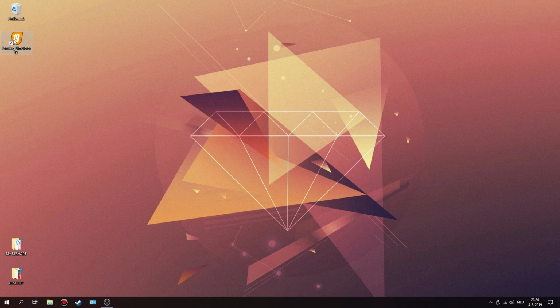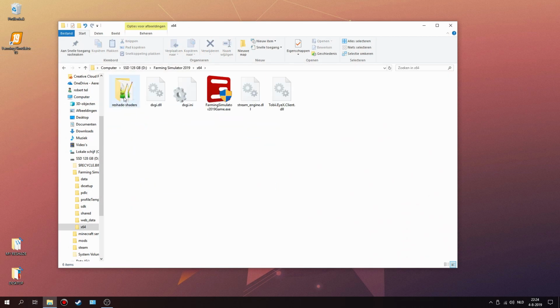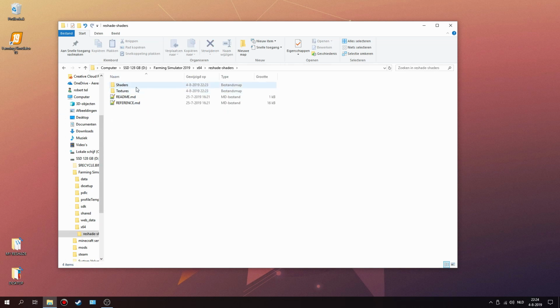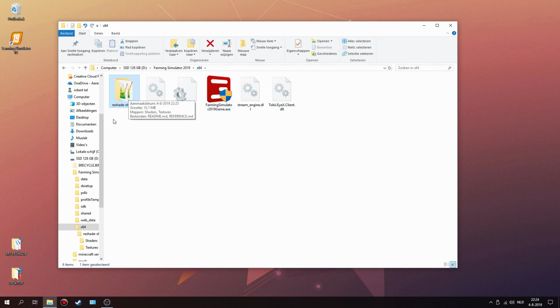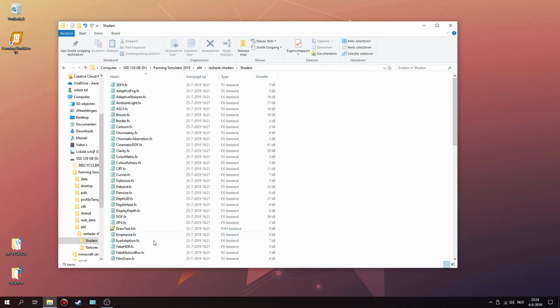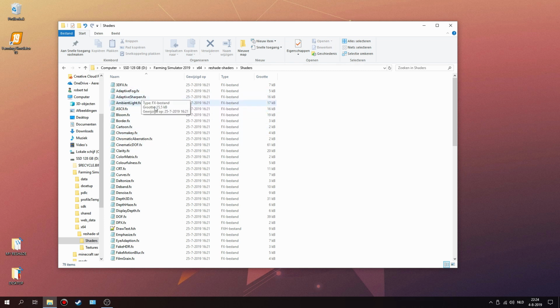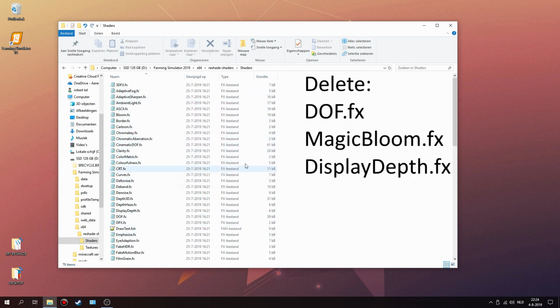So what we're gonna do is open this folder and then go here, and in this folder you have... that went a bit too quick maybe. So basically you're gonna open the folder that you installed it in, and then you're gonna open reshade, and then go to shaders, and then here are all your shader effects. Now I'm gonna put on the screen which ones to remove, and then just remove these out of